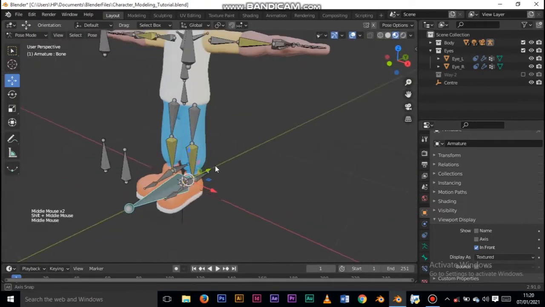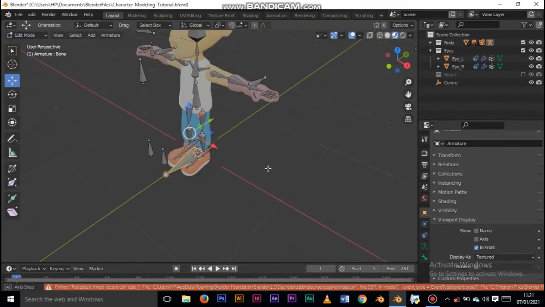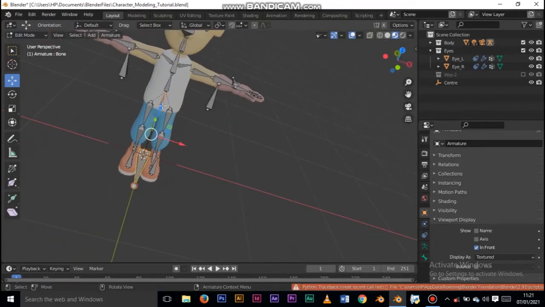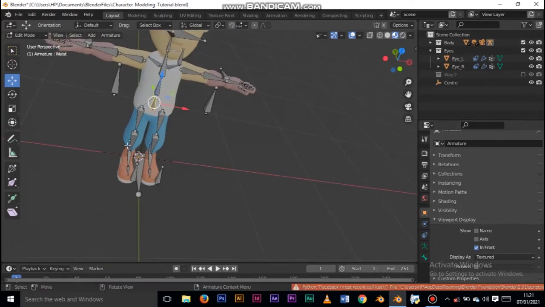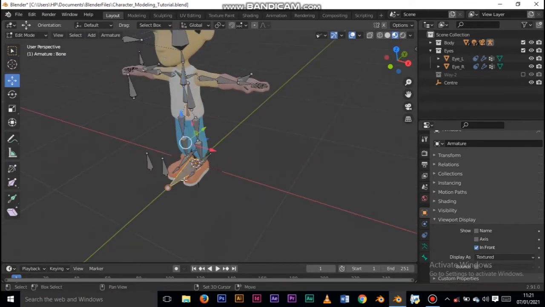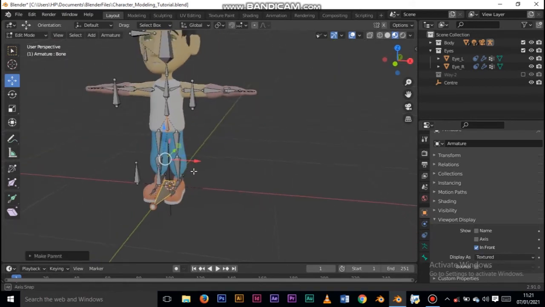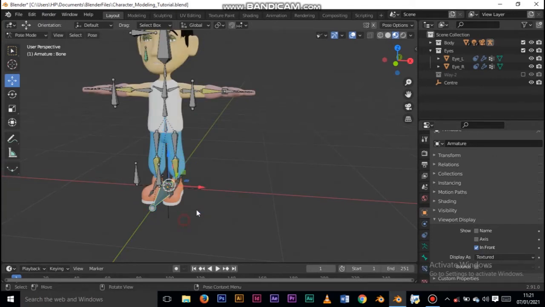When you go to pose mode, if you move the master bone, you go see nothing dey happen for now. You have to be in edit mode before you parent this. Select the wrist bone first, then select the master bone and press Ctrl B. Choose keep offset. If I go to pose mode now and grab just the master bone,